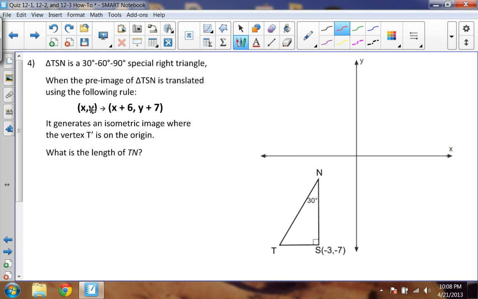So we start from whatever x and y we have. Let's say I looked at T here. You would shift it over to the right 6 units and up 7 units. It generates an isometric image where the vertex T prime is on the origin. So basically what that means is that you end up getting a second triangle, and the transformed T vertex is on the origin. Okay. Now we don't necessarily know where S is or where N